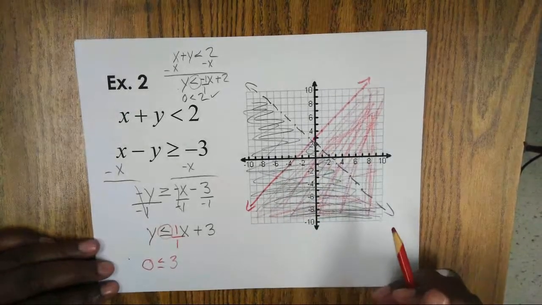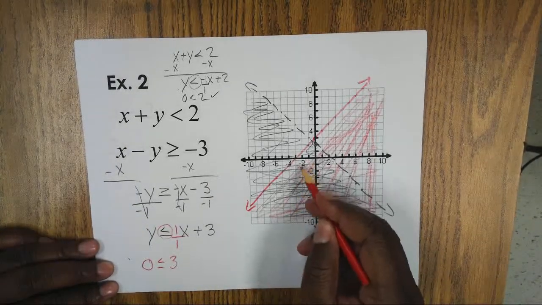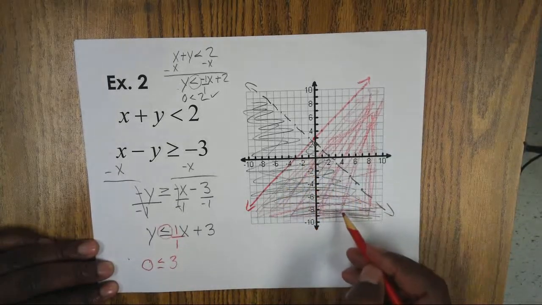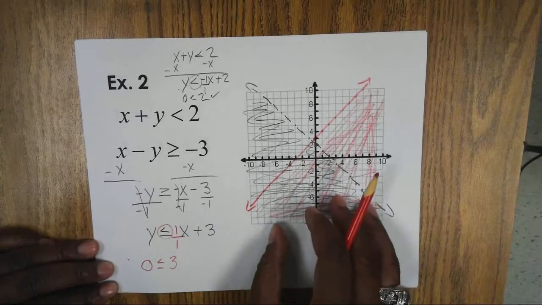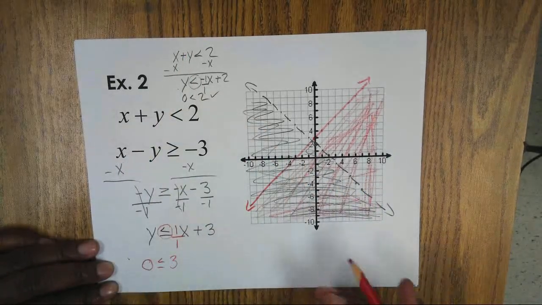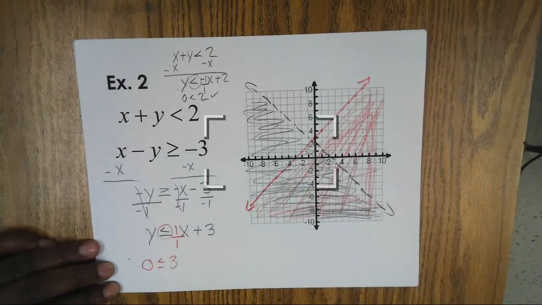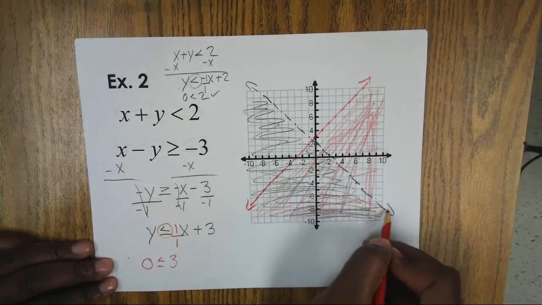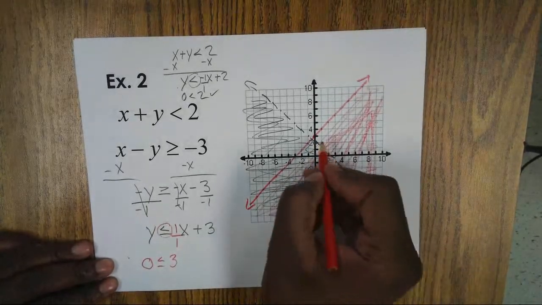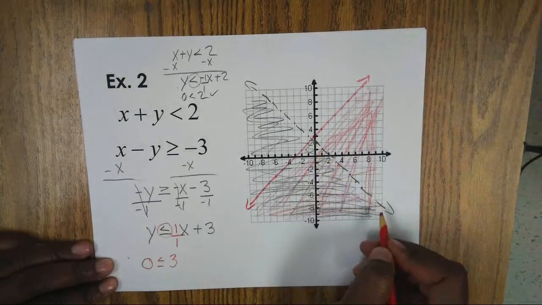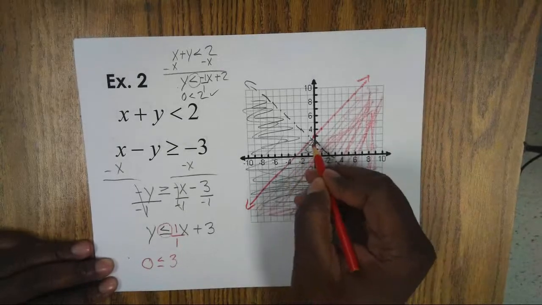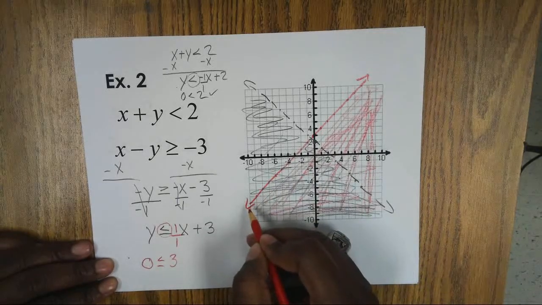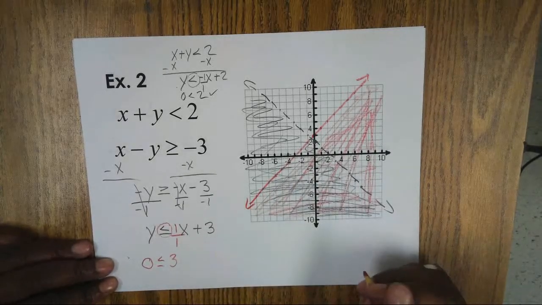Now, the important thing to remember is that the shaded region right here that has the pencil shading and the colored pencil shading, that is our solution to this system of equations. So that would be the area that is part of our solution set. The thing we need to remember is that this dash line means it's a dash line because if we're talking about a point that's directly on that line, it is not part of the solution. But if it's on this solid line right here, it is part of the solution because it's a solid line. Okay, that's an important fact we need to remember,